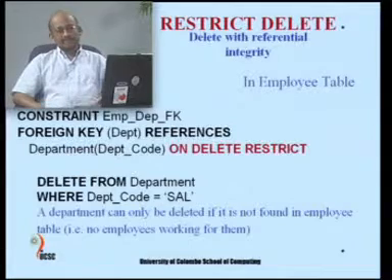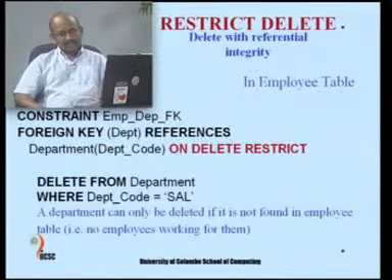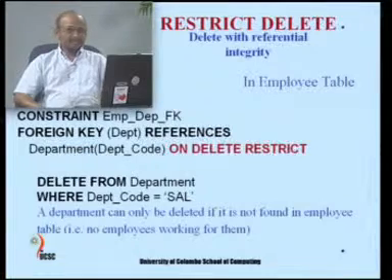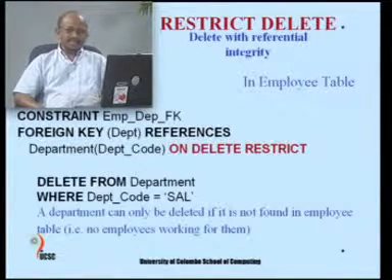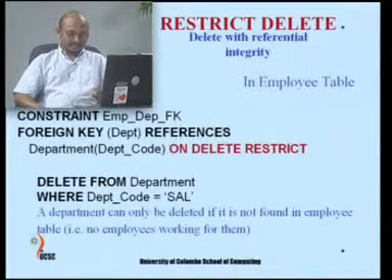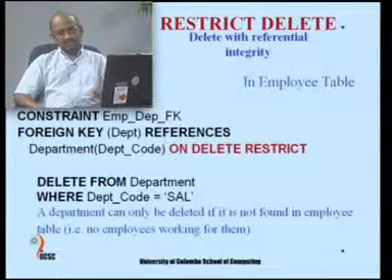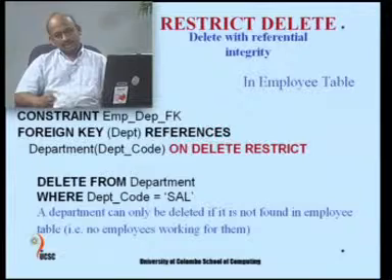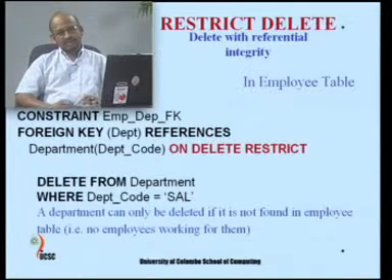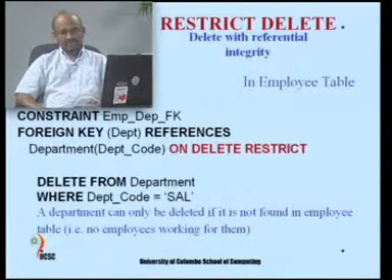So, like in the previous case where we looked in detail at various forms of restriction, cascade operations and so forth for updating, the same can be enforced for delete as well. So, if you do not want to delete a record if there are matching values, we may want to prevent that from happening, and you take care of the matching values by doing whatever appropriate change.